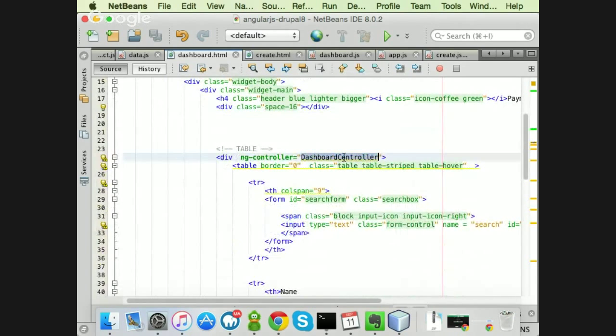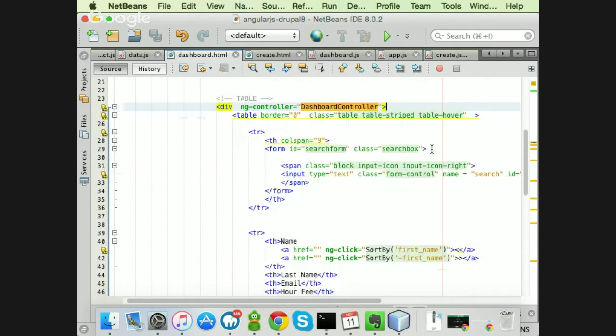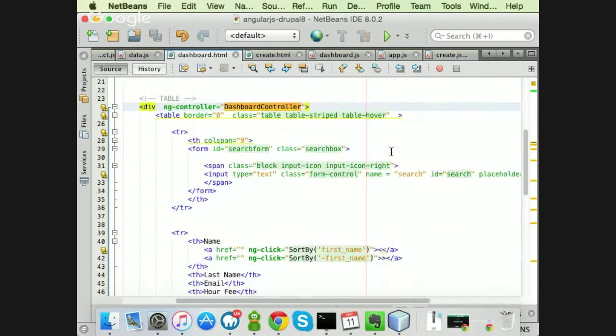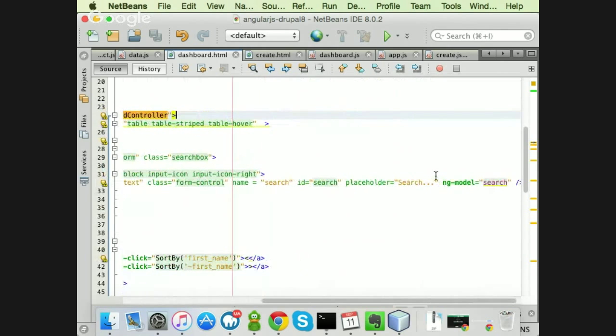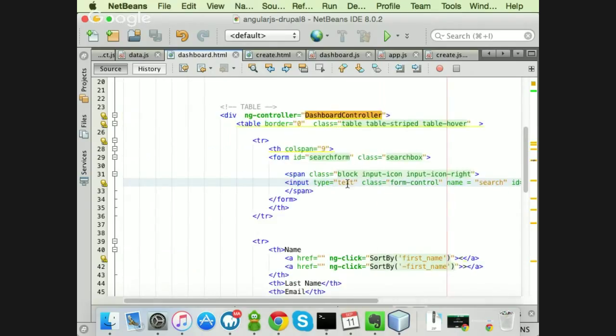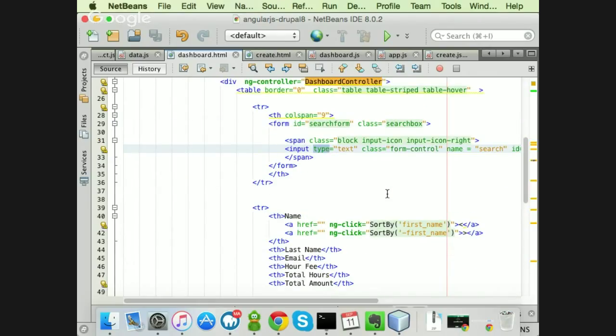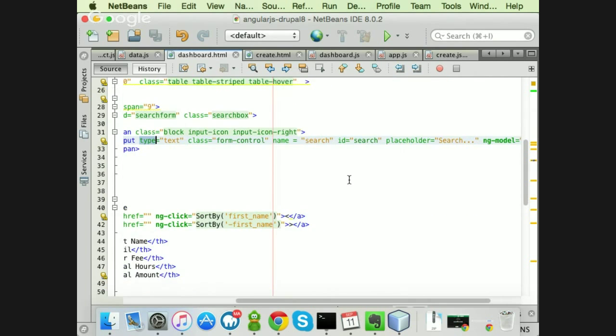So I'm telling it to use this controller, which is the one I just showed you, to handle this object. Now I have a search here, and I'm using the native directive search. So that will allow me to search through this form input. And it will trigger the controller to filter every result with that.